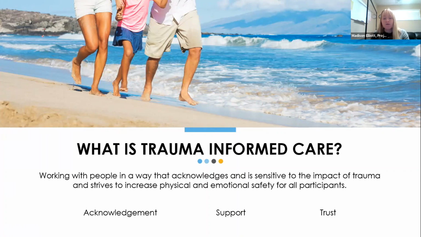But there are also several different ways that agencies can become trauma-informed. Agencies can become trauma-informed by recognizing the widespread effect of trauma upon the clients that they serve, but also upon our community as a whole. And one thing that our project, the Trauma Resiliency Project, hopes to accomplish is being able to educate our community partners about trauma, traumatic stress, and ACEs. We also really focus on supporting our clients, supporting our communities, and building trust with our clients and communities, because